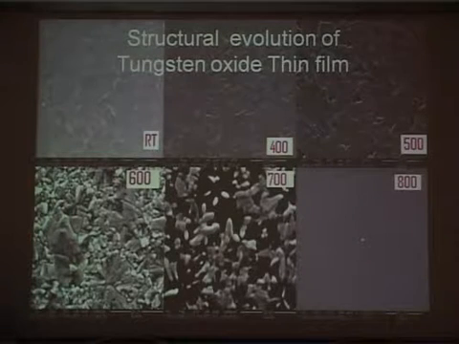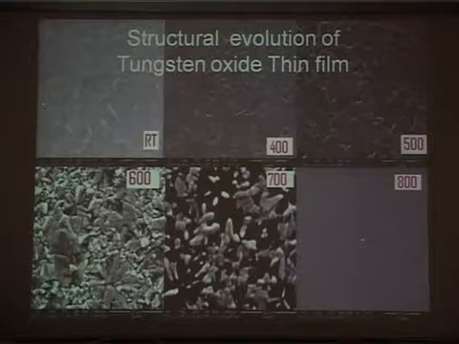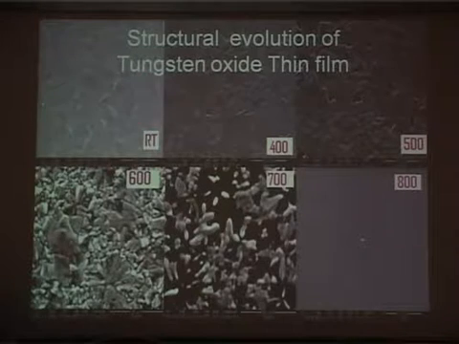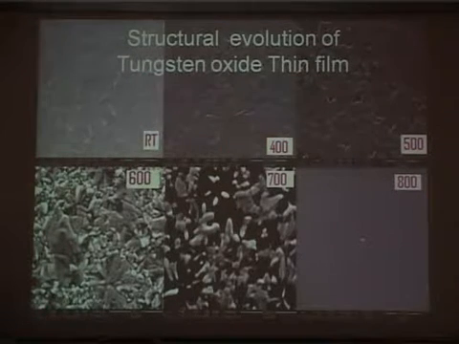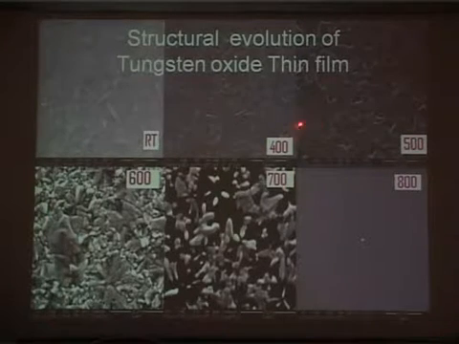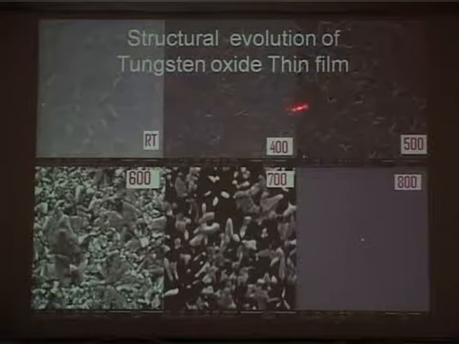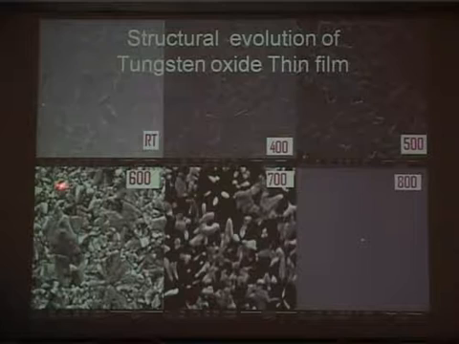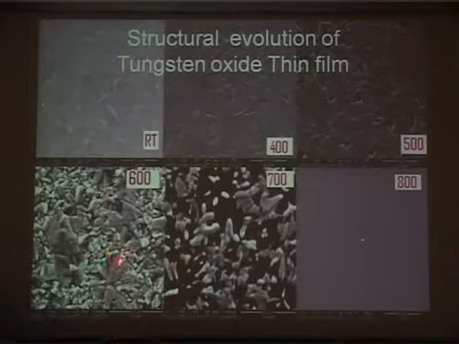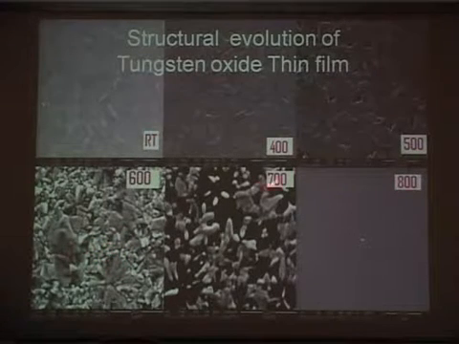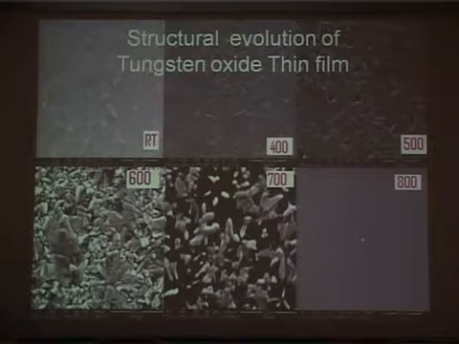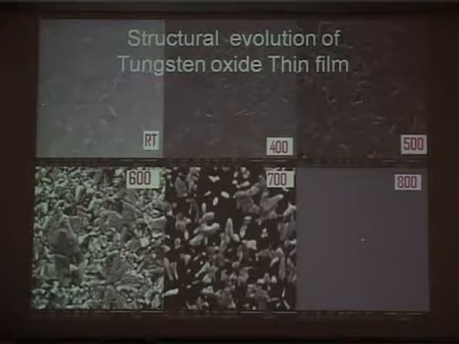So how did I study it? Let me go systematically. This is a thin film grown by the sputtering technique. I grew it at room temperature. I heat it to around 400 degrees centigrade, and you can see small platelet-like things growing. If I heat it at 500 degrees centigrade, the small platelet-like things break into nanorod type. If I take another set and heat it at 600 degrees, you can see some are nanorod type, some are nanoparticle type. If I heat it to 700 degrees centigrade, then mostly nanoparticles and some nanorods. At 800, there is hardly any particle because some particles get evaporated.